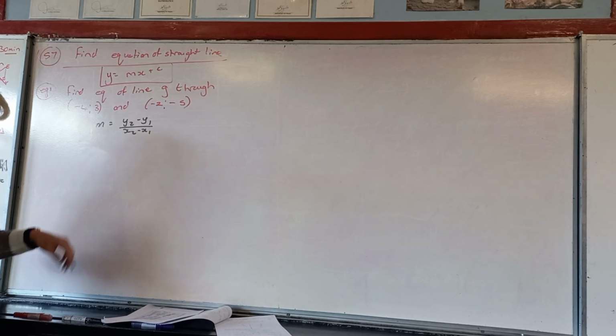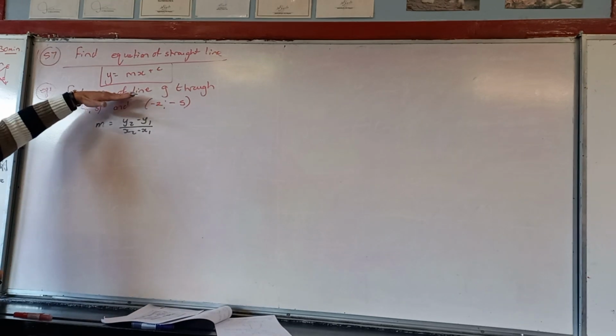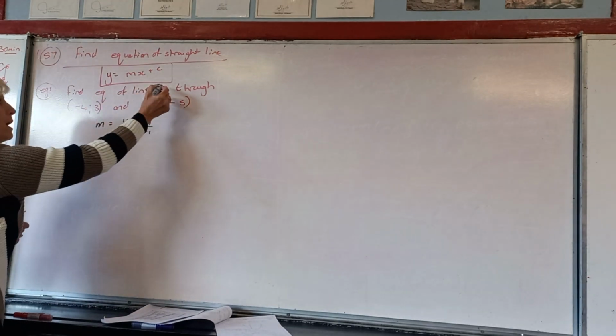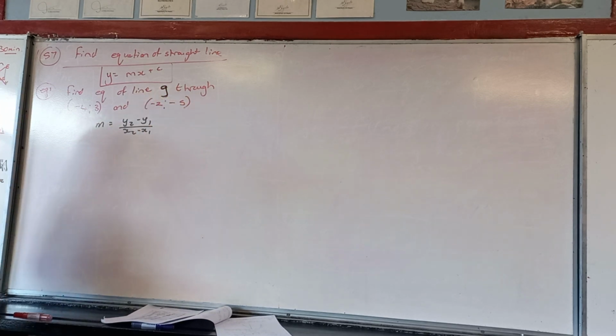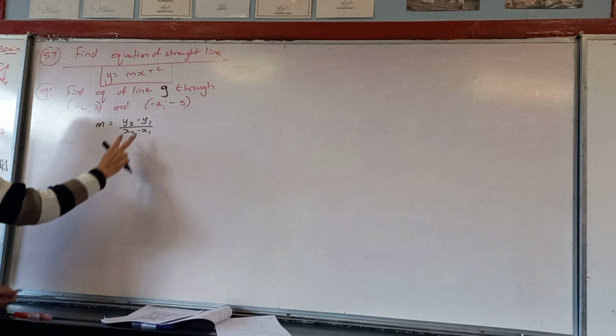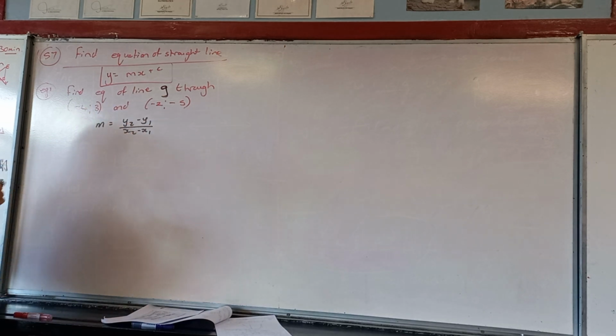When you were told that if you have a line through 2 points, how do you find the equation? Now by the way, I've called this line G. So if the line is G, then I can make my equation G(x). Let's talk about that again, about the function notation. First of all, if I give you 2 points, you're going to use the gradient formula, which is also an